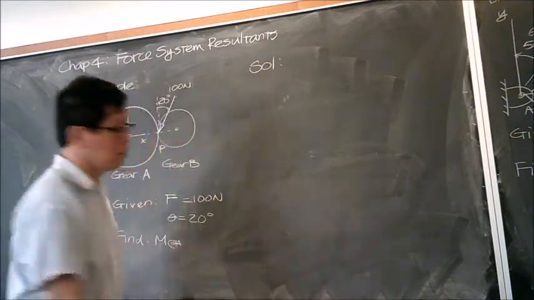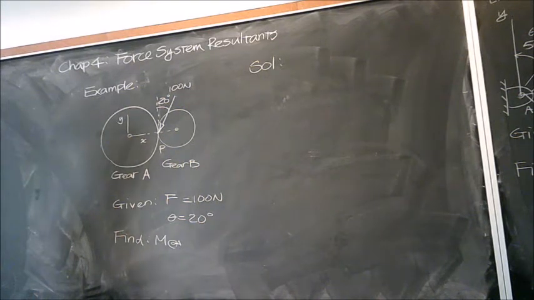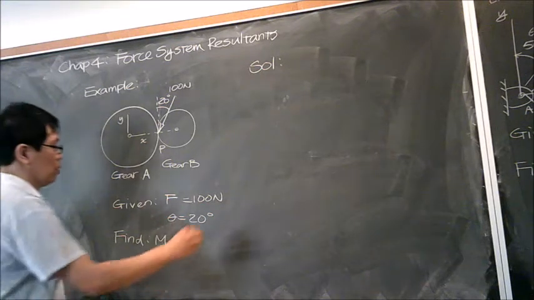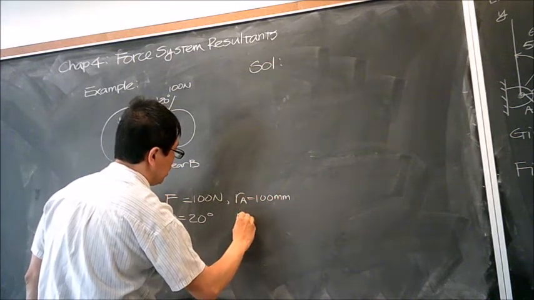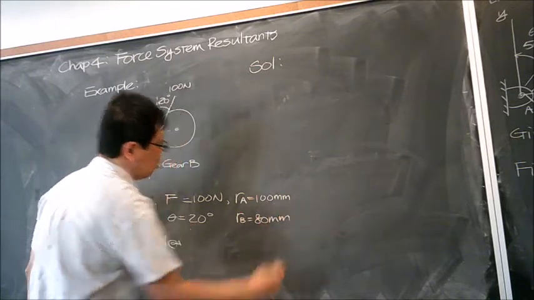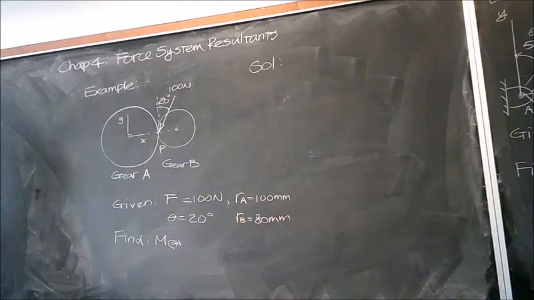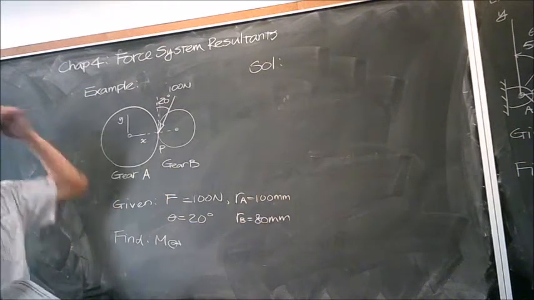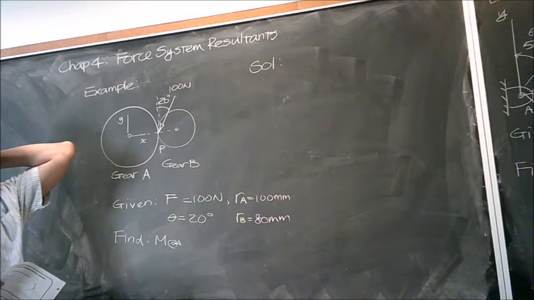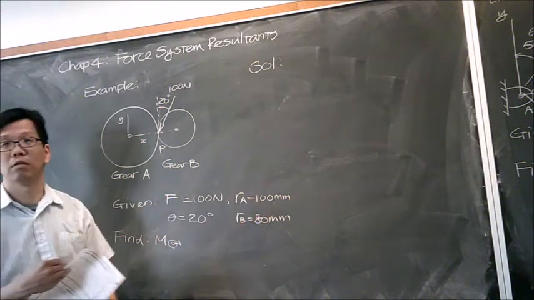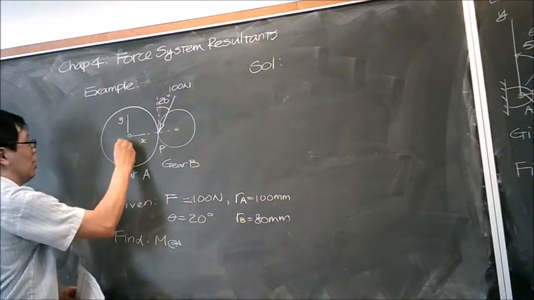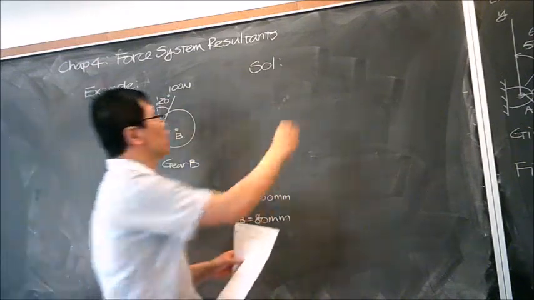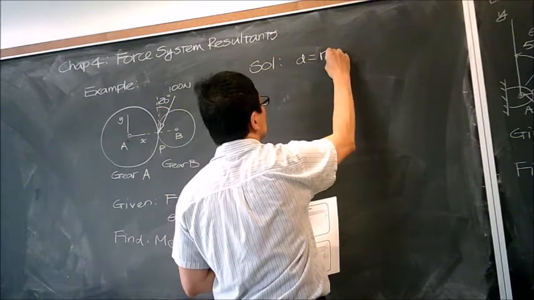So when I start to solve it, we need to find the moment arm. In this case, what is the moment arm? RA equals 100 millimeter, RB equals 80 millimeter. I'm going to find the moment at A, so what is the moment arm? 80 or 100? 100. I'm going to apply at A. This is A. So the moment arm in this case is going to be